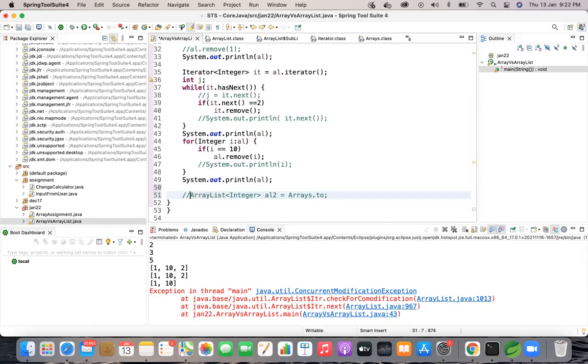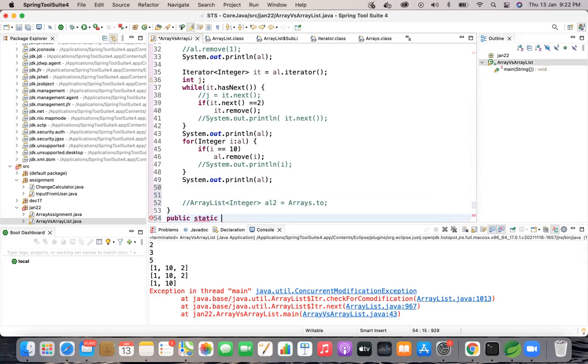After line number 53, have a static method, just some array method name, and within that, have parameters. We'll have int array A1 and int array A2.